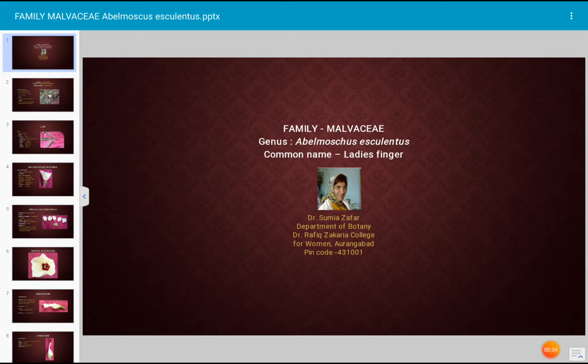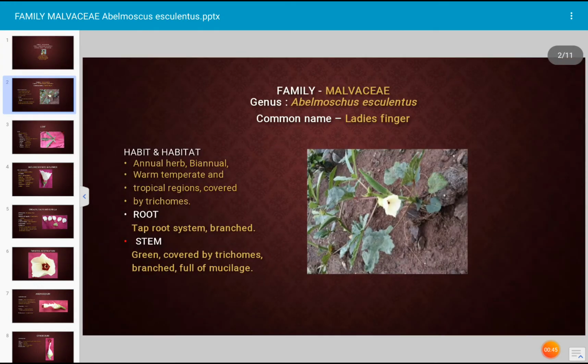Fruits are also called lady's finger. As I told you, it is actually used as a vegetable. Some wild varieties of Abelmoschus are perennial and often cultivated as an annual crop in temperate regions of the world. And it grows up to 2 meters in height. It is a member of family Malvaceae.